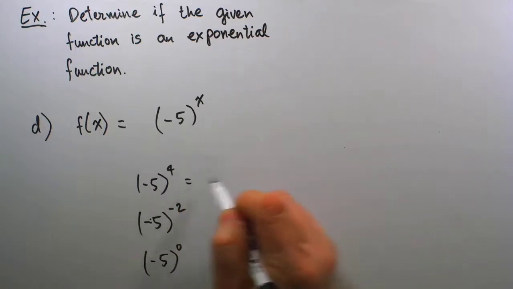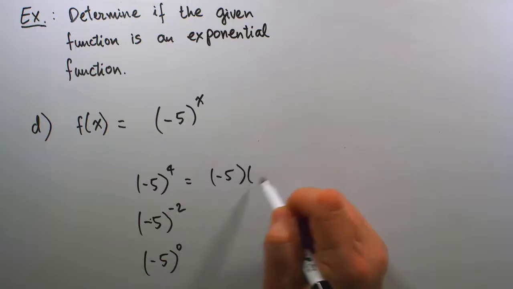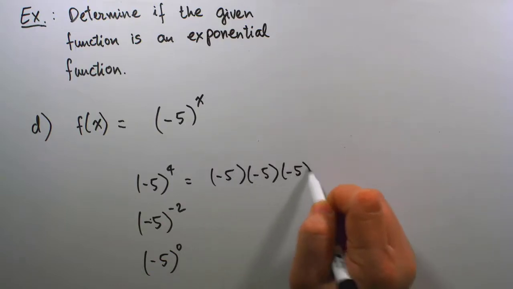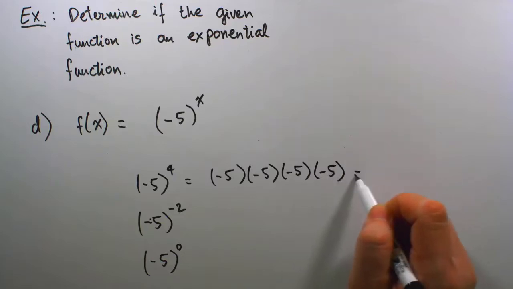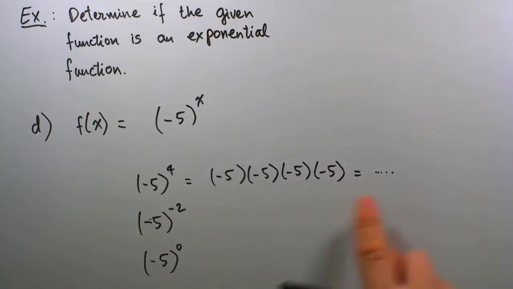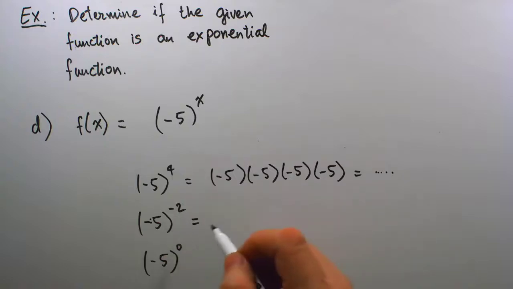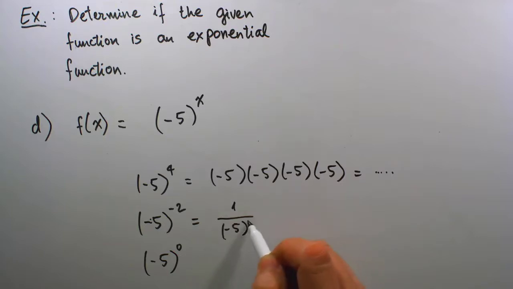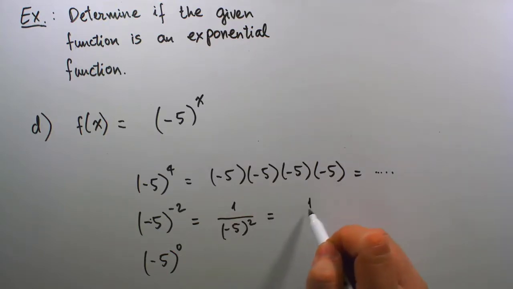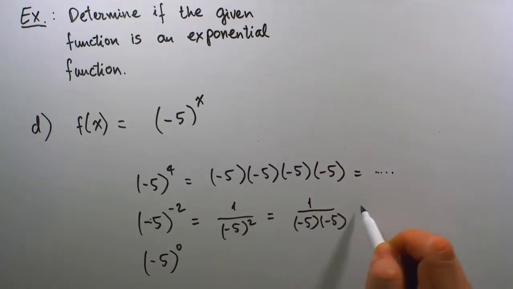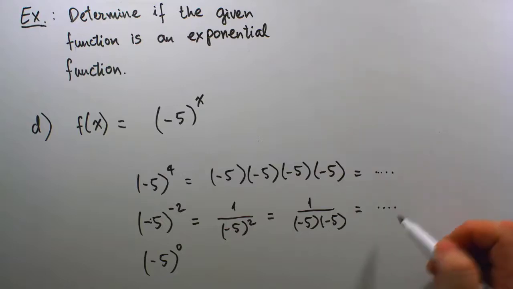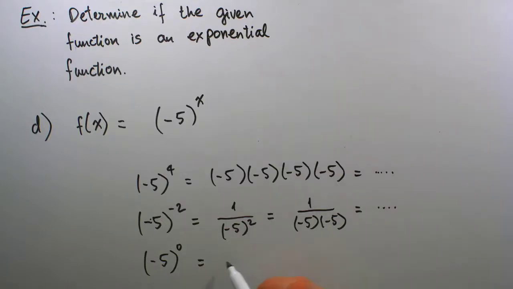-5 to the 4th means -5 times -5 times -5 times -5, and whichever answer comes out, we will have an answer. Now this is the same as, algebraically, 1 over -5 squared, and we can still perform the operation: -5 times -5 in the denominator, and we get 1 over 25. And this will give us a 1, because any non-zero value raised to the power 0 is